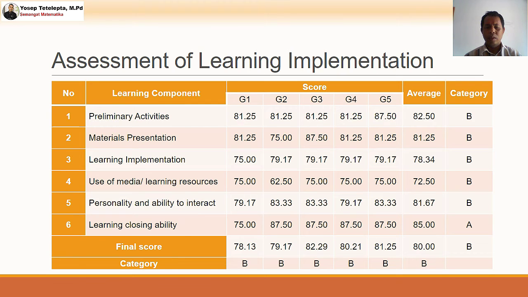4. Use of media or learning resources: G1 75.00, G2 62.50, G3 75.00, G4 75.00, G5 75.00, average 72.50, category B. 5. Personality and ability to interact: G1 79.17, G2 83.33, G3 83.33, G4 79.17, G5 83.33,